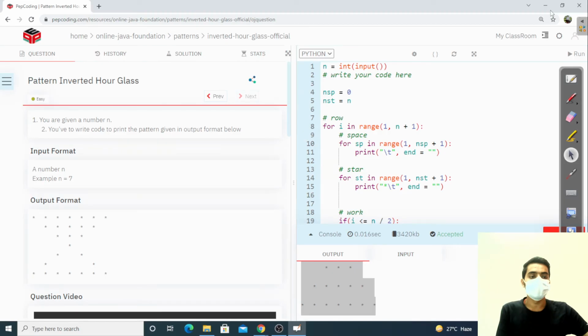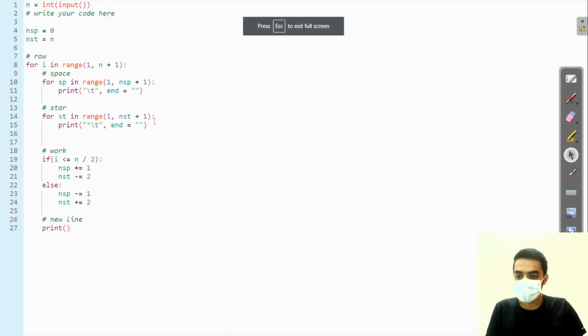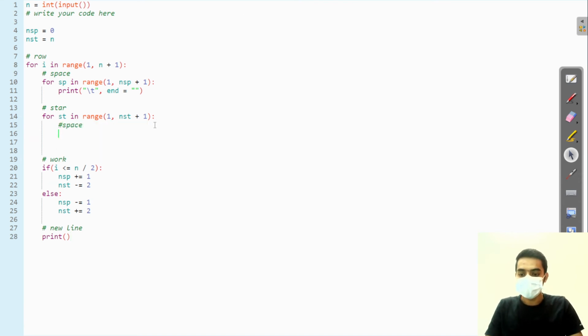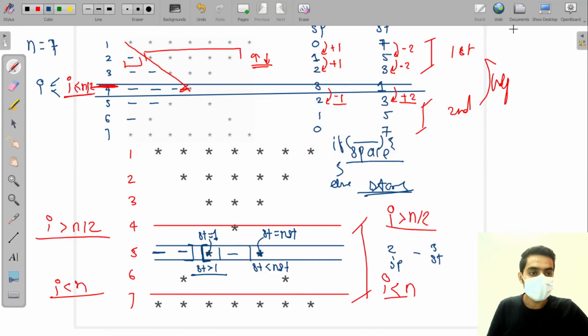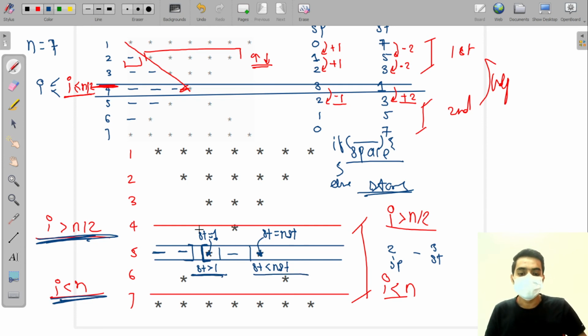So let's go to the IDE. In this row, we first print space here. After that, we are working on stars. For the spaces, the window we consider here is: if i is greater than n by 2 and i is less than n and star is greater than 1 and star is less than number of stars. These windows will be considered here.